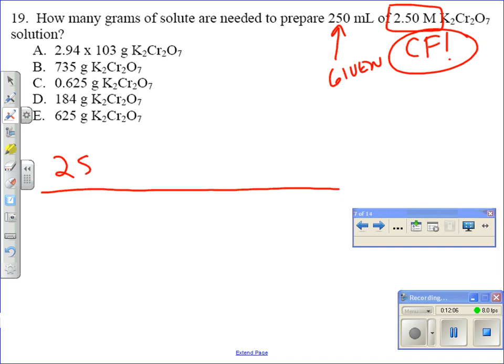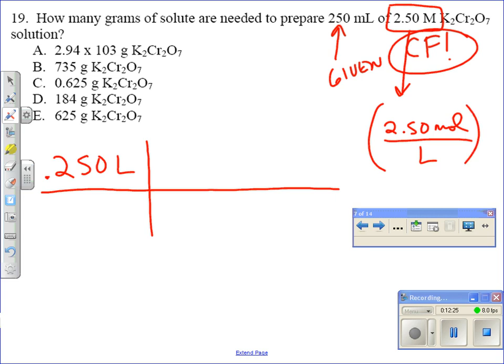I'm going to take 250 milliliters, but remember I told you in class, if I don't have density, I like to put everything in liters. So I'm going to ET phone home it, change it to liters. If I have liters up here, it means I have to have liters down here. Remember that molarity can be blown up to 2.50 moles in a liter, because that's the definition of molarity. So then I'm going to drop that in right here. Liters of